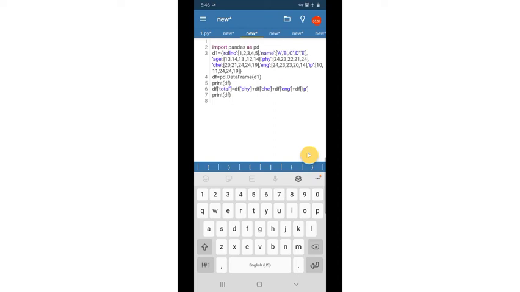For that we can write df, that is our data frame, dot set_index, in brackets our roll number, comma inplace equal to true.